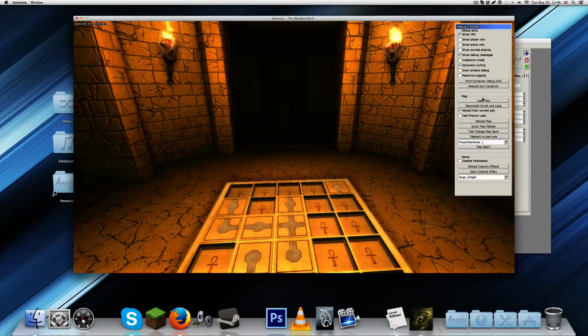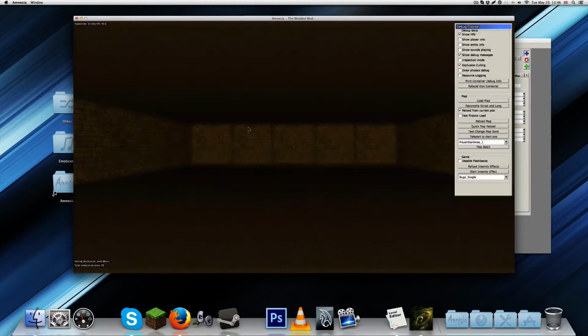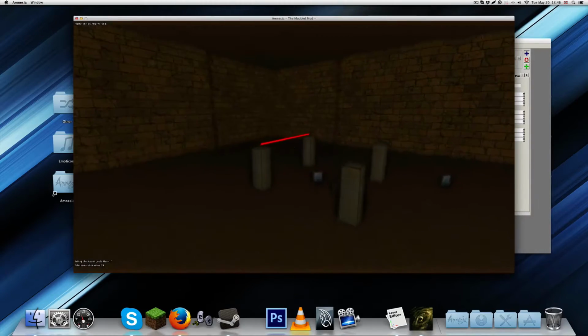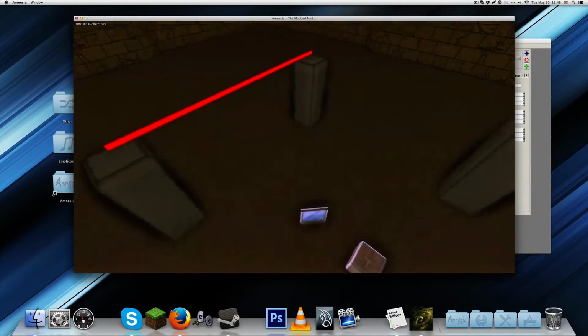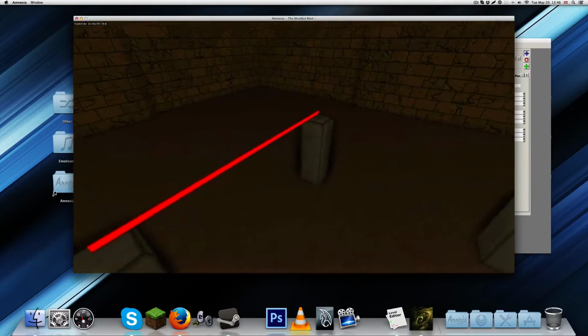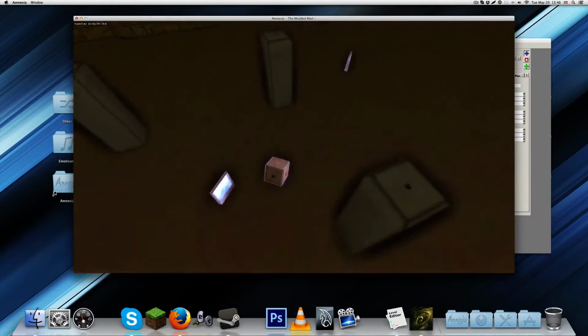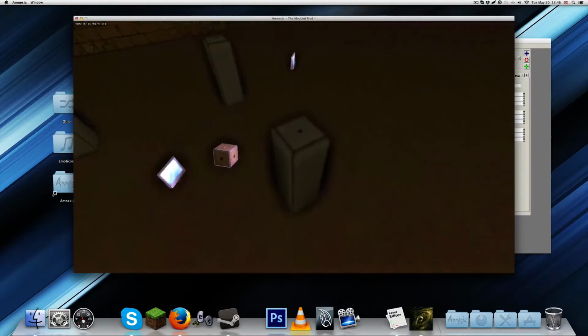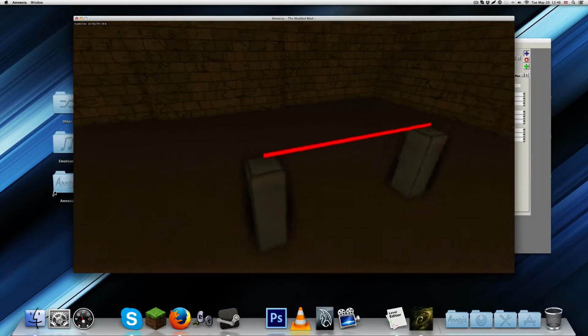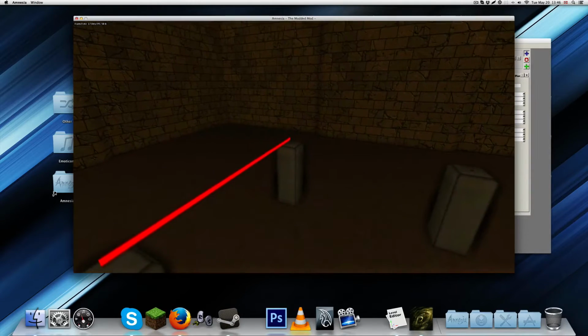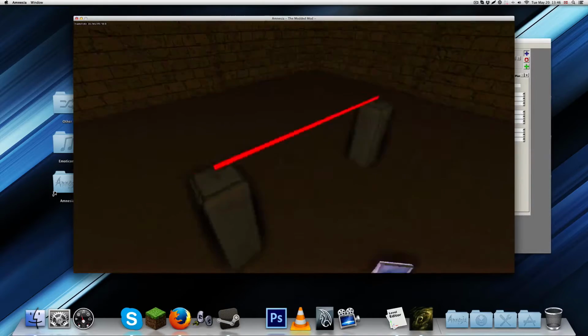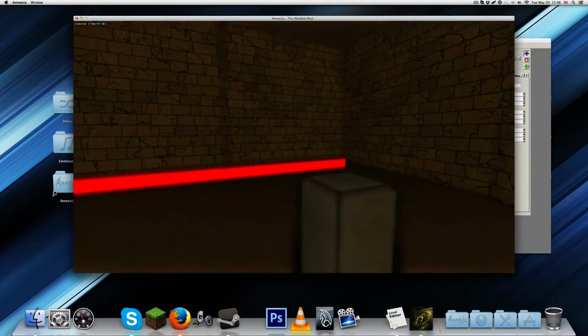Let's jump back to that other map I have here, and I'll show you what I'm actually doing right now. This is a very basic example of how one of the light beams are going to appear. And here are some of the objects you're going to use. These are the pedestals. Basically, you're going to guide this light. It's kind of like a laser, I guess. Well, that's just because it looks red. It's not supposed to look this red, of course, but